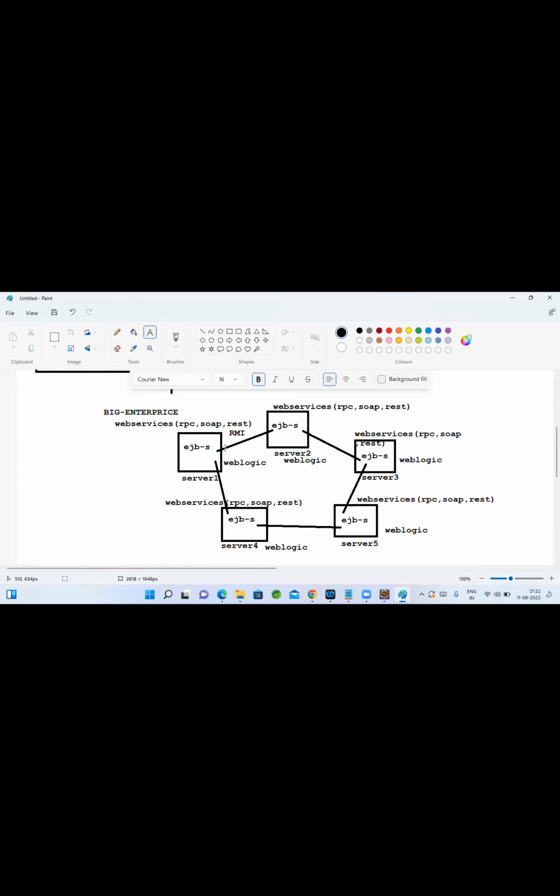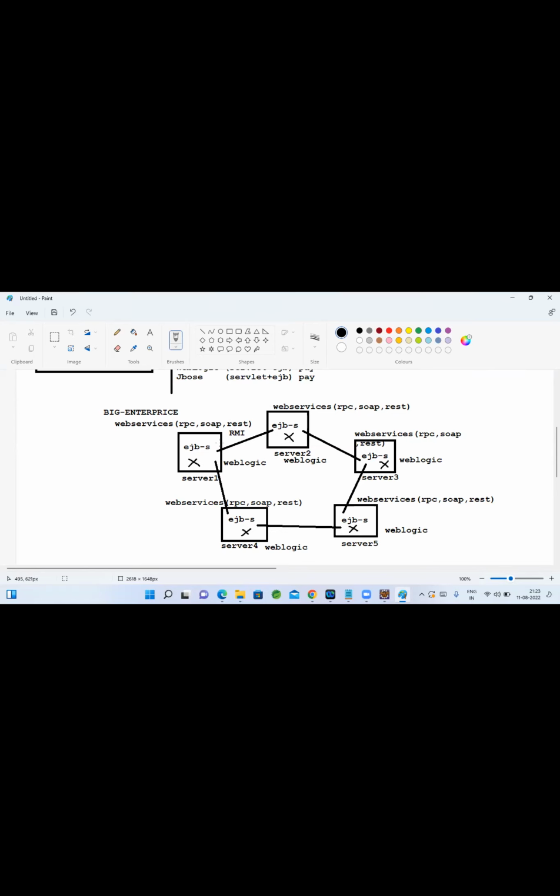If you want to manage transactions, we can manage local transactions, and there are some other concepts to manage them. If applications are built using web services, you really need not use EJB components. When we avoid EJB components, you need not buy the license of these application servers. You can use Tomcat for running web services. Using Tomcat, you can run your web service components, so you need not invest much in your enterprise application deployment, and you can manage the same thing.